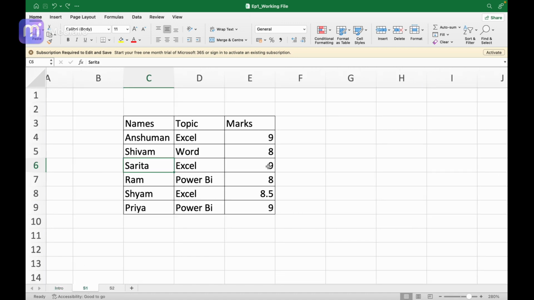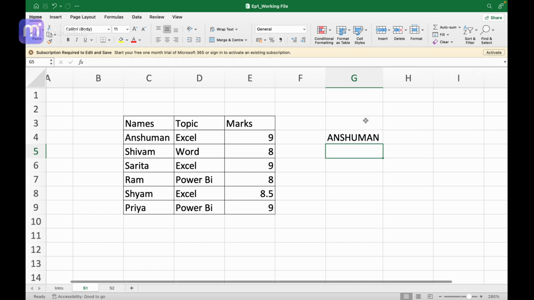You can see that over here I have three columns. The first one is name, second is topping, and third is marks. The data in these two columns is text, and the third is basically a number. Let's say if I want to use a formula to make this uppercase, I can use a simple Excel function, which is the UPPER function. To use it, all I have to do is type equal UPPER, and then after opening the bracket, simply select the text which I want to make uppercase. So let's select this text and press enter. You can see that my data is now uppercase.